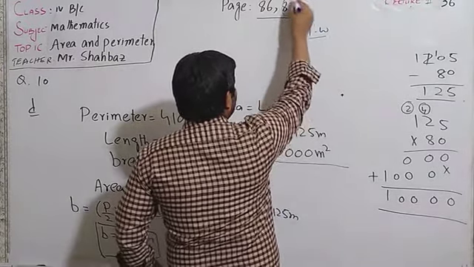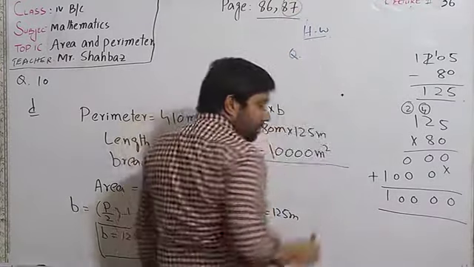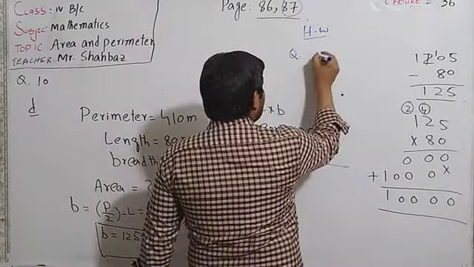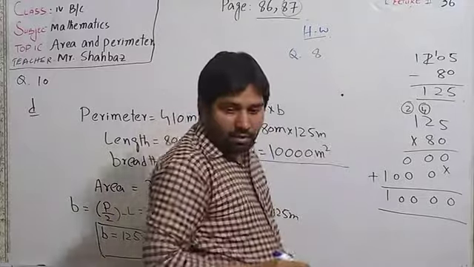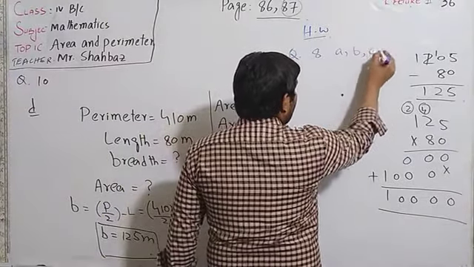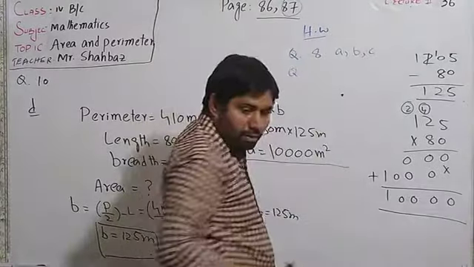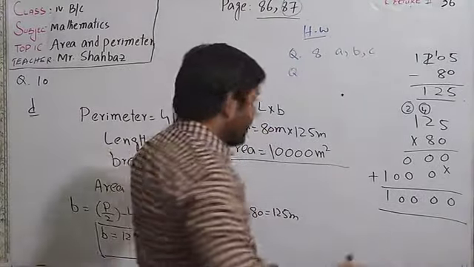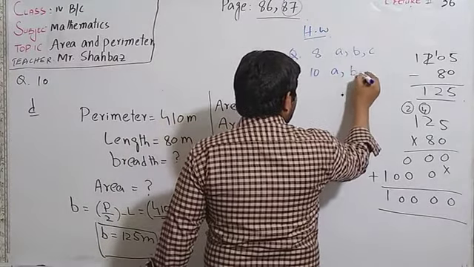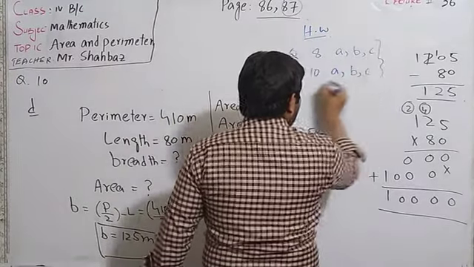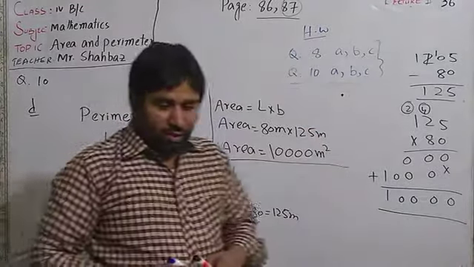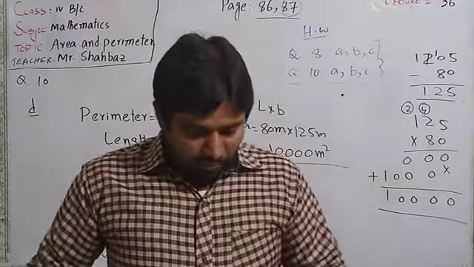Page number 87, question number 8, part ABC, A, B and C. And question number 10, part A, B, C. These are your homework. I hope you understand this question, and if you have a problem you can ask your